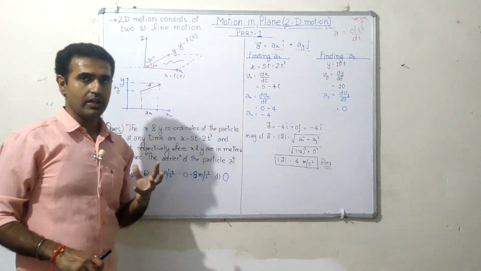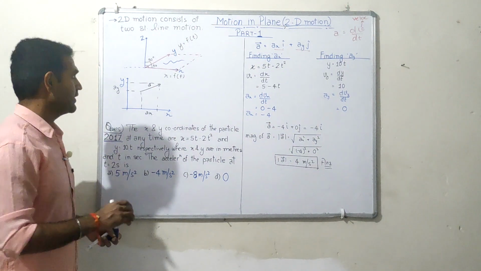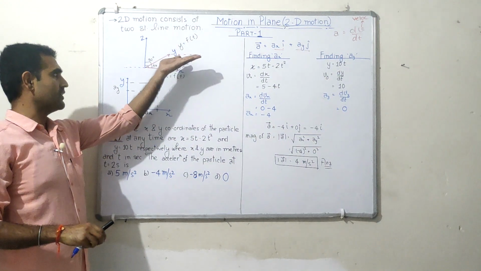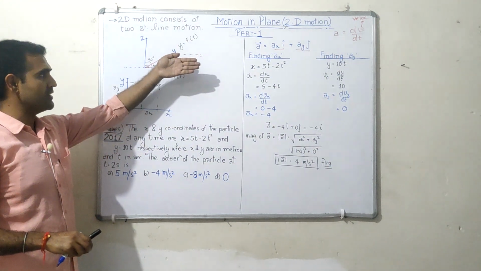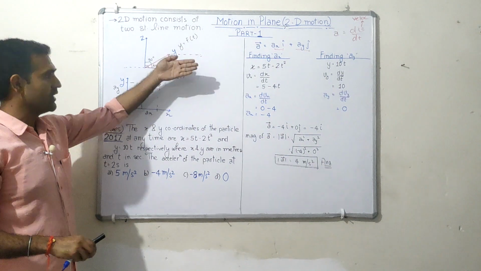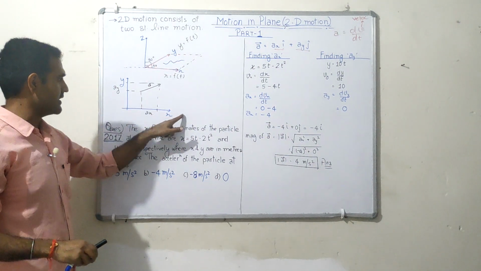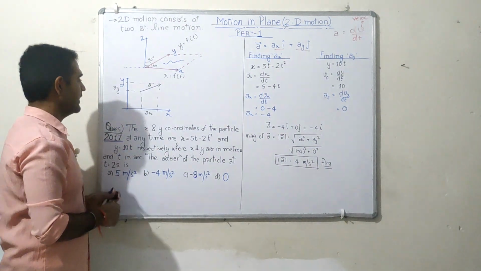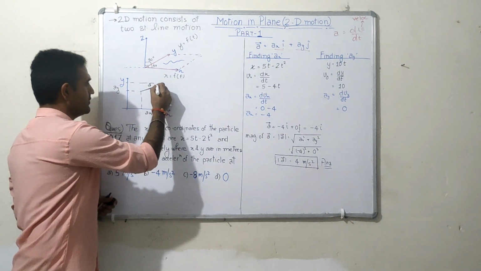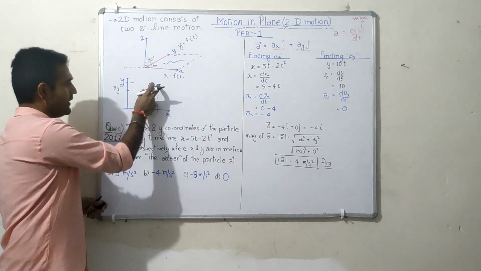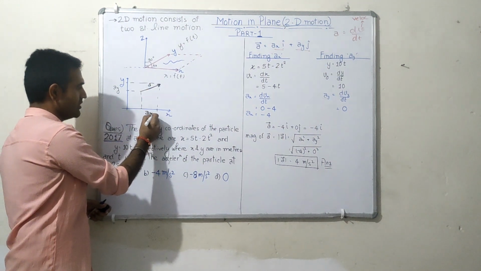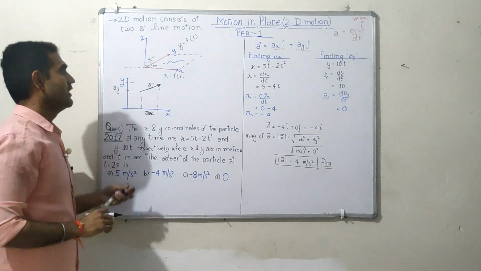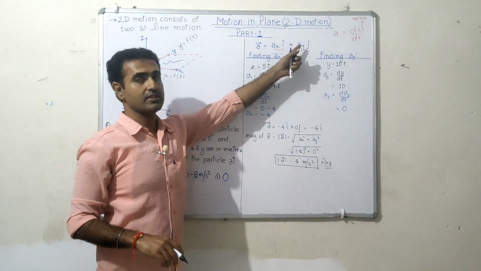Now since we have to find out the acceleration, and acceleration is a vector quantity, we can represent it on a plane. This x and y plane, which is represented in three-dimensional motion like this, when projected on the board will look like this: the x-axis over here and the y-axis over here, and the acceleration vector I can show over here like this. A is the acceleration vector which we have to find out. It will have two components, one in the x direction, ax, and the other in the y direction, that is ay. So the acceleration vector will be ax i plus ay j.